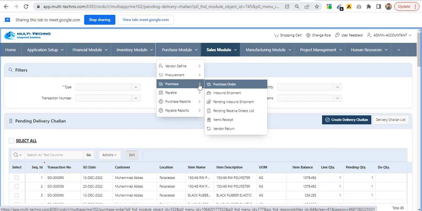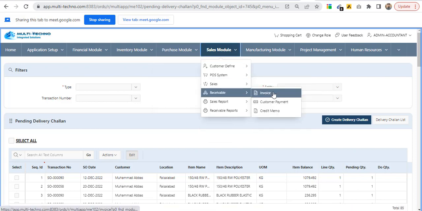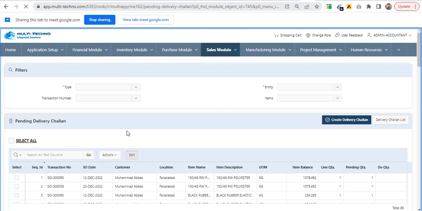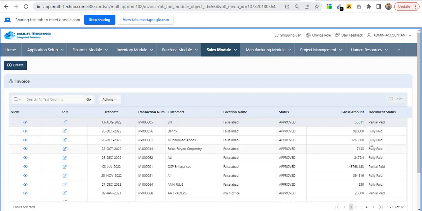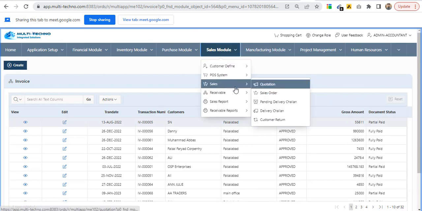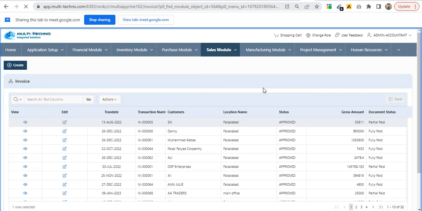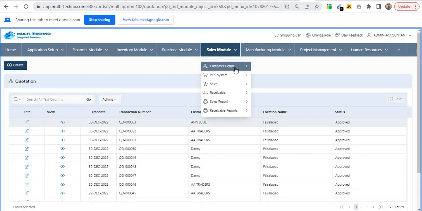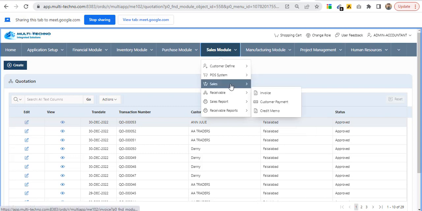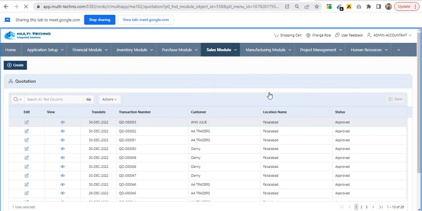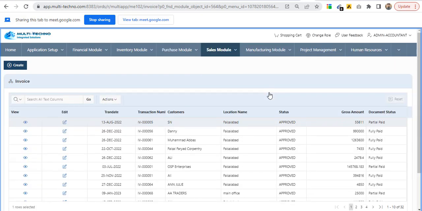Yes, you can also see every invoice and everything in the system. Just like we have statuses of invoices, such as partially paid and fully paid. These are the document statuses of the invoice, and we have the same statuses in quotations. Yes, we can modify that invoice, but we cannot delete it, or lower the price that we have already received